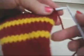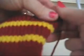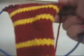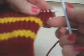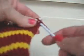I'm going to demonstrate the cast off. And to cast off, that is to finish up your work, you cast on at the bottom as we've already demonstrated, and when you complete your work and you're ready to cast off, you knit the first stitch, knit the second stitch,